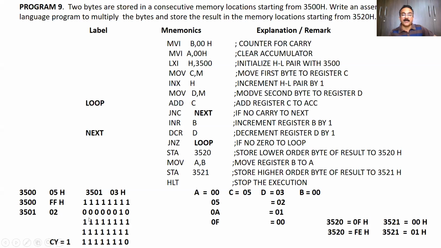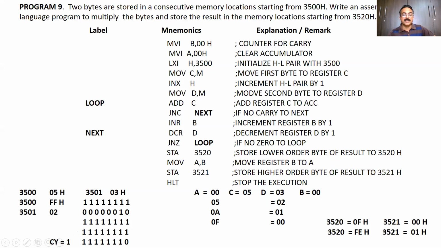These 11111111 are the contents of the accumulator, and again 11111111 will get added to this. This is binary addition. 1 plus 1 is 0, carry 1. 1 plus 1 plus 1 is 1, carry 1. 1 plus 1 plus 1 is 1, carry 1. And this way, all the way you will get 1s, and there is an end-around carry, that is, the carry generates.